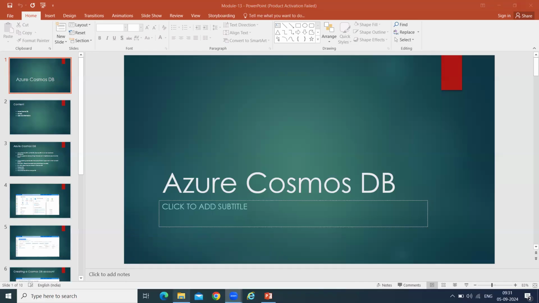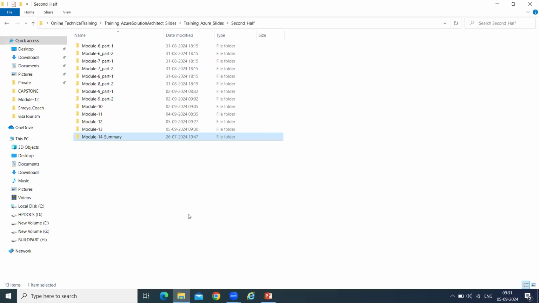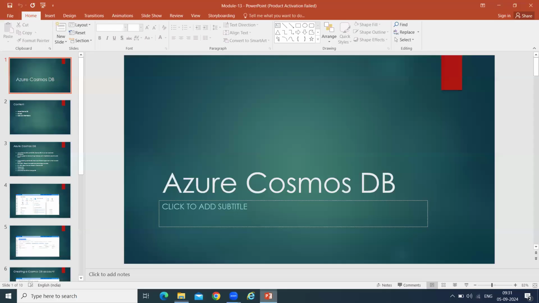And what about Azure Data Platform? You said it's not under this. That is not part of this Azure Solution Architect AZ-305. Data platform itself is another course that is not related to this. Azure Data Factory, Data Lake, everything, that is all inside the data platform. I have gone through that course as well, but it is not included in this module.